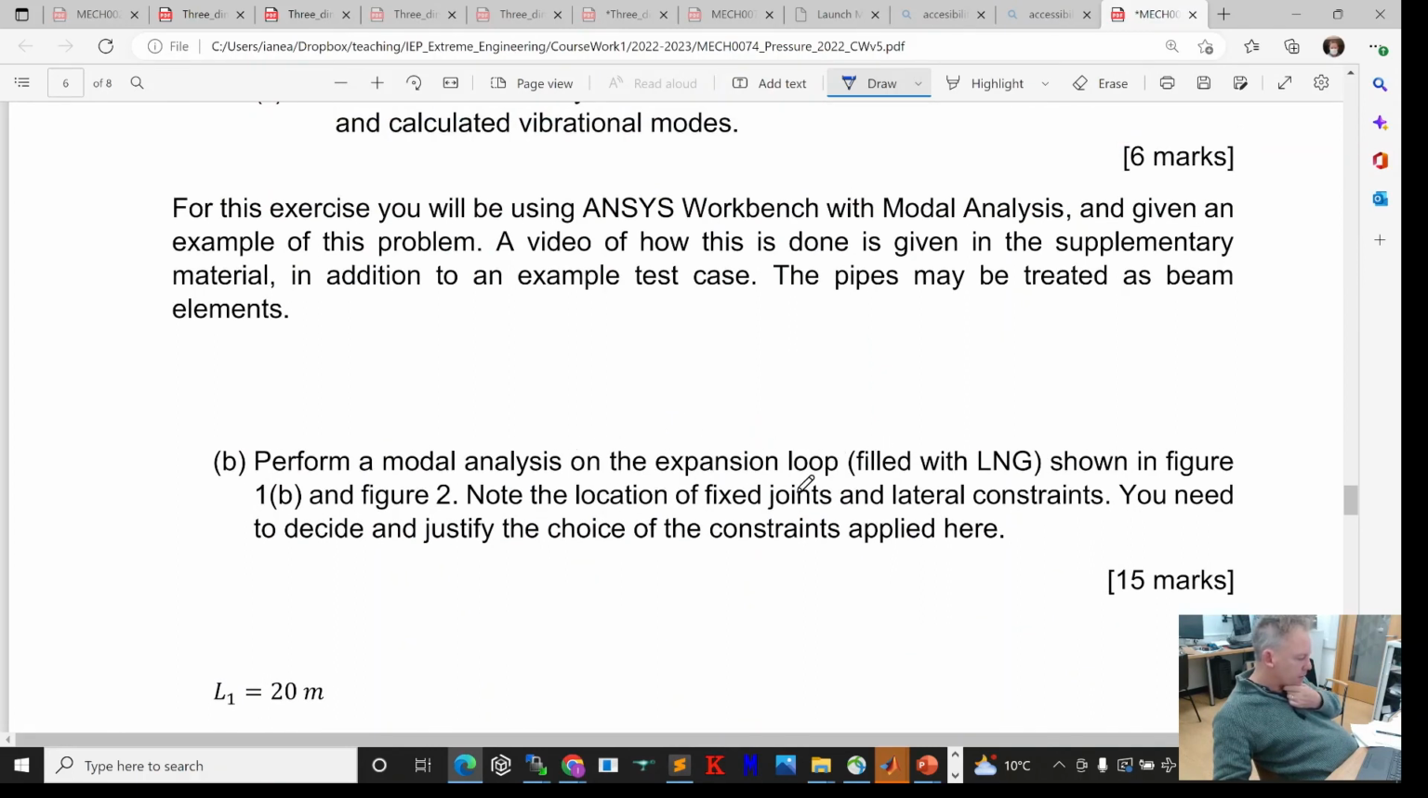Note the location of fixed joints and lateral constraints. You need to decide and justify a choice of constraints right here. I'm not saying that the lateral constraints are necessarily applied, but you need to go through and decide, from your part 1, part A with the essay bit or discussion bit, about what the